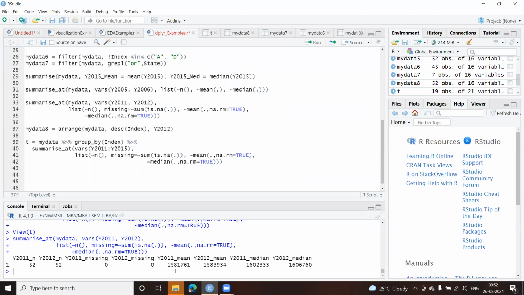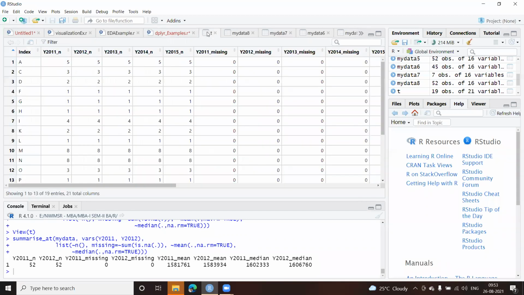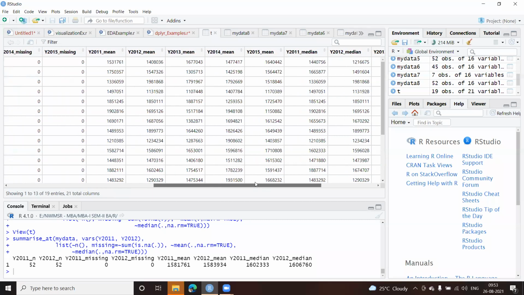Only index, because it is for index, all the values for that particular index get grouped, and for those values, I'm getting the mean and the median. And that's why I got all these records. Right? So there were 5 records here. There were 3 indexes with C, then 2, 1, 1. There's 4 for I, and so on. For M, there are 8. For N, there are 8, and so on. And these are the values.